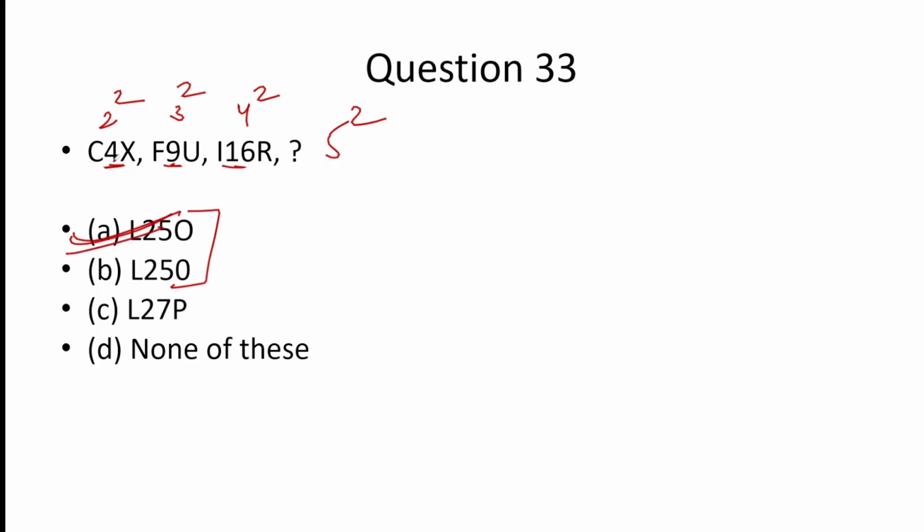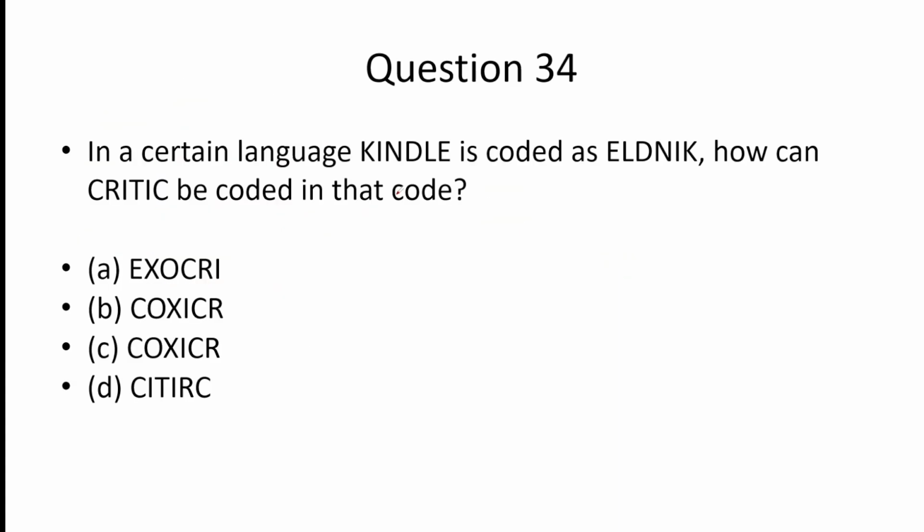You can check the pattern in the number in the alphabet also. C, F and I. So the rank of C is 3, rank of F is 6, rank of I is 9. It means the next rank will be 12, and it is L whose rank is 12, right? In the language, this is called this, how this. So you have to find the pattern.